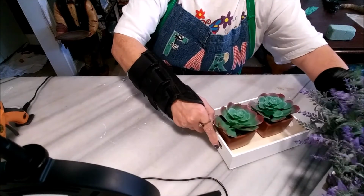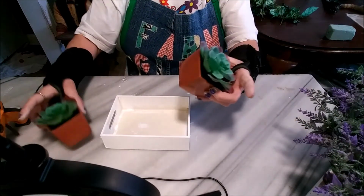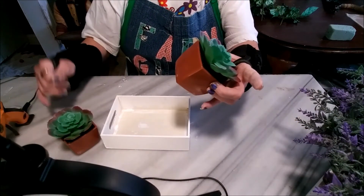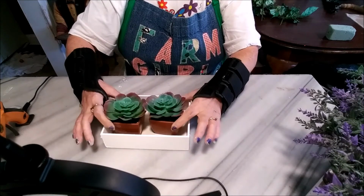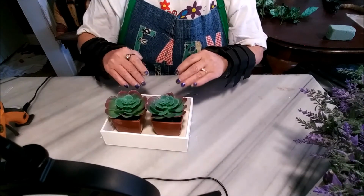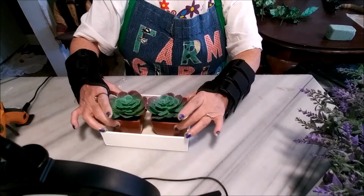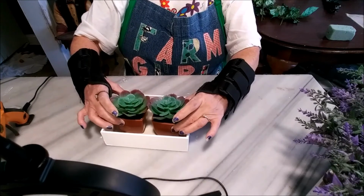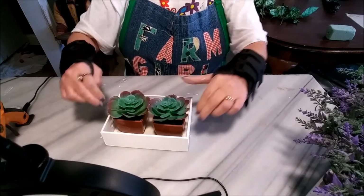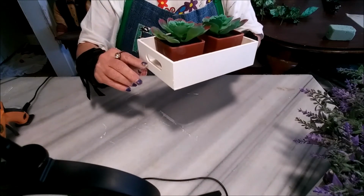And then this one is so easy. After it's dry, you just buy 2 of these succulents and sit them right down in there. If you want, I was going to get some gravel, the little rocks from the Dollar Tree, but they were out of them. And just put these in there, then put the rocks around it, about up to right here,